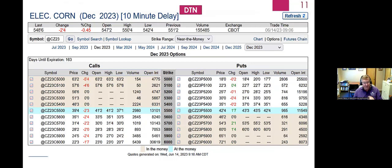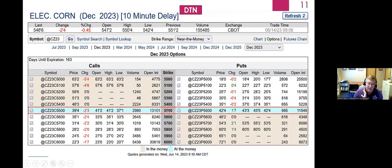I did want to bring up, without getting lost in this, just a little bit of information on the options markets. Not that I'm trying to get anybody to necessarily use these, but there's information here. Yesterday's close was 548 and 3/4, just about 550. This would be the strike price, so quote, at the money in the blue. If you were going to buy a put option to protect yourself from Dec corn prices falling below 550, 550 minus the 42.5 cents, plus about 2.5 more cents to deal with the broker, so make it 45 cents, you'd be protecting about $5.10